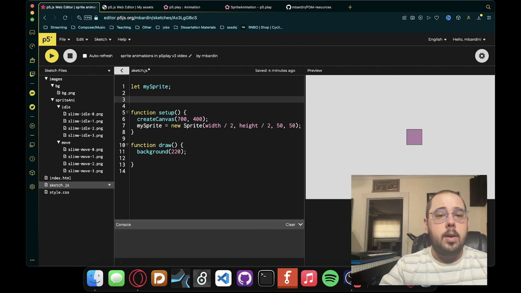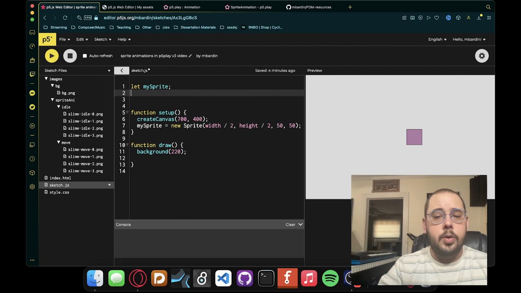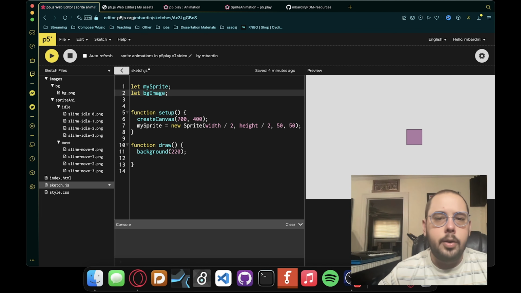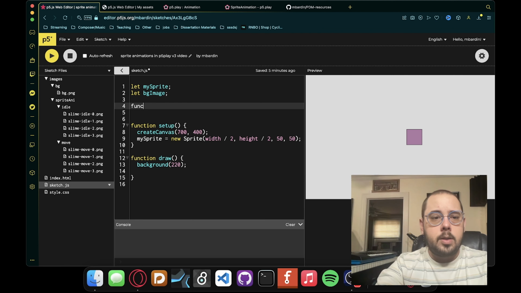So what we're going to do is make a container to hold this sprite. So let's make let backgroundImage, which is what I tend to call mine. You can call it whatever, but it's just going to be a variable that's going to hold this image so we can use it in our sketch. I'm also going to introduce function preload